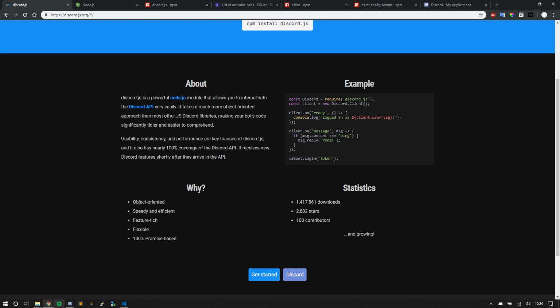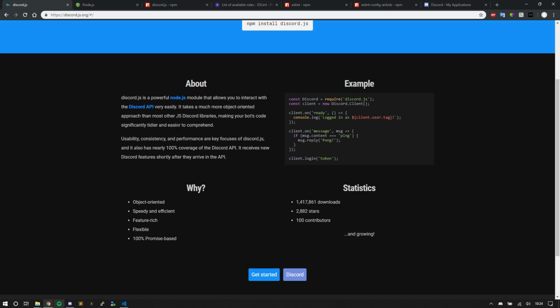Here you can see what's said about Discord.js: it takes a more object-oriented approach than most other JS Discord libraries, making your bot's code significantly tidier and easier to comprehend. Usability, consistency, and performance are key focuses of Discord.js, and it also has nearly 100% coverage of the Discord API.